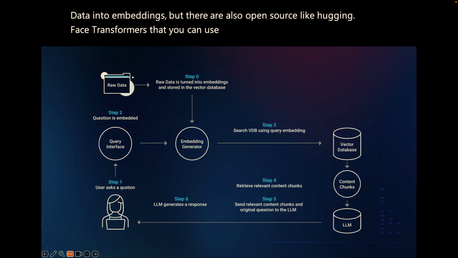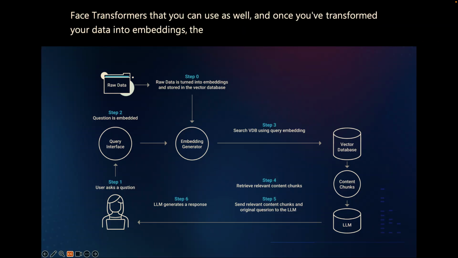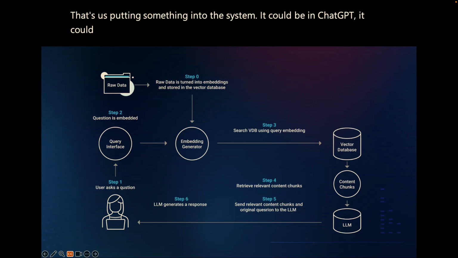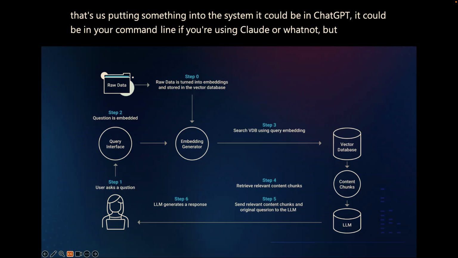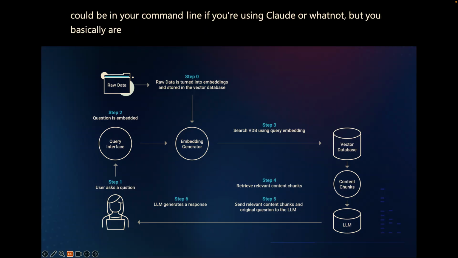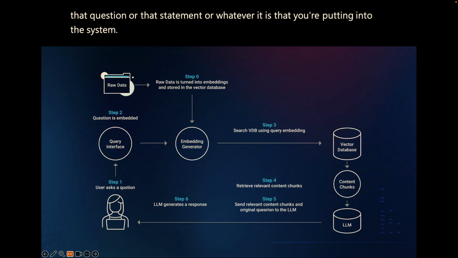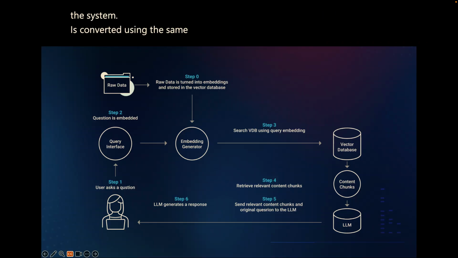And once you've transformed your data into embeddings, the next step is step 1, and that's user input. That's us putting something into the system. It could be in ChatGPT. It could be in your command line if you're using Claude or whatnot. But you basically are putting that input into the system, and then that question or that statement, whatever it is that you're putting into the system,